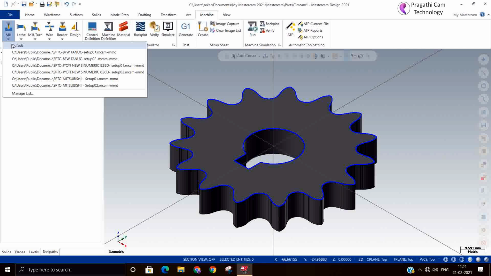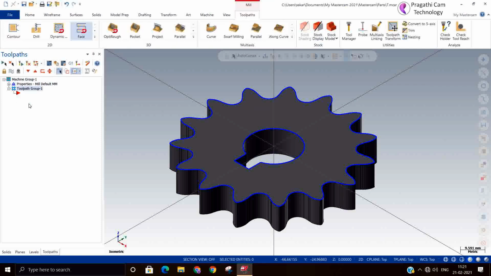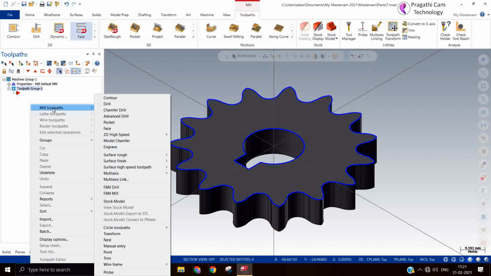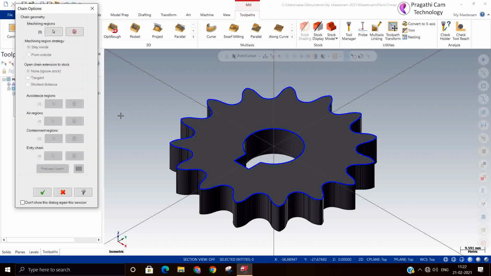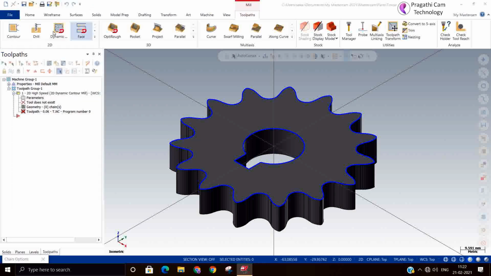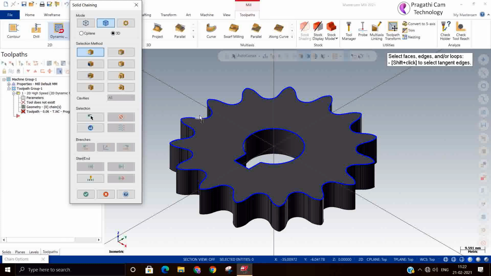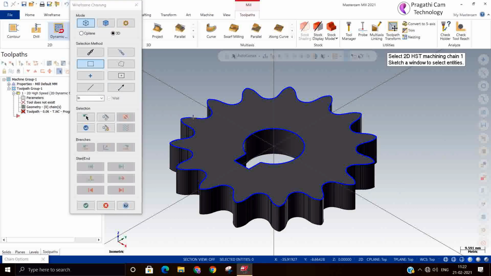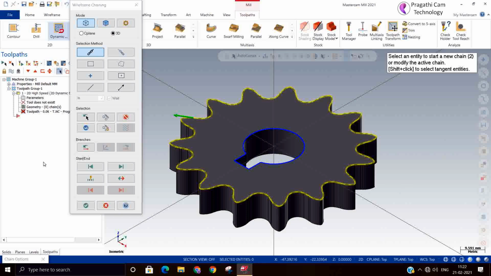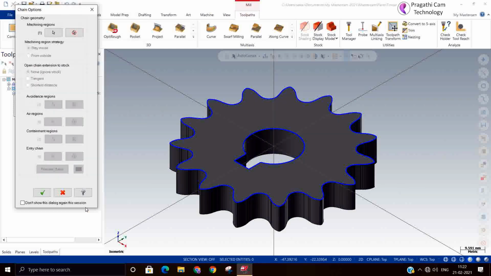I will select the mill toolpath, then select the dynamic contour toolpath. I will select the chain. The chaining method is similar, nothing changes. So this entire profile I need to machine.